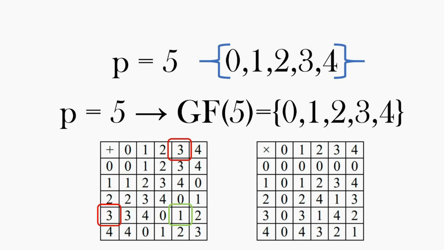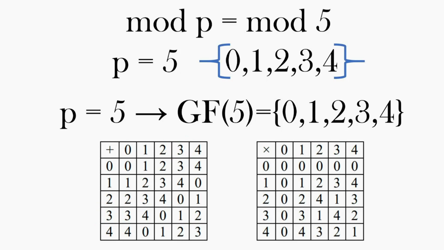Why did this happen? This is because when filling in our values, we need to take the result modulo p. In our case, p is equal to 5, so we get modulo 5. If our p is equal to 7, then we get modulo 7. Let's consider the second table. 0 multiplied by 0 is equal to 0. And when we multiply 2 and 4, we get 8. 8 modulo 5 is equal to 3.